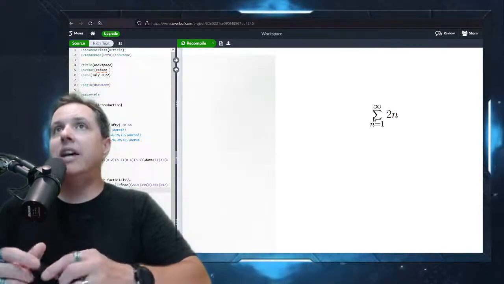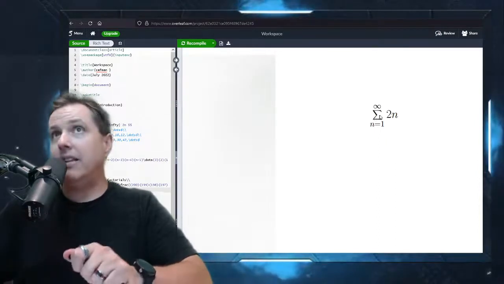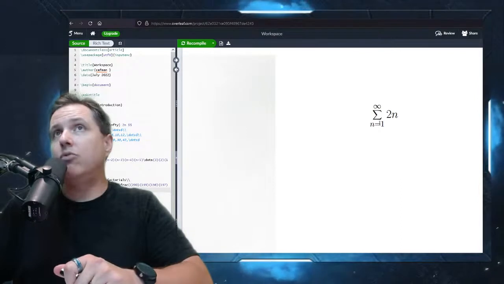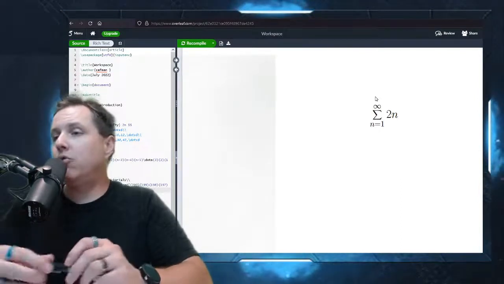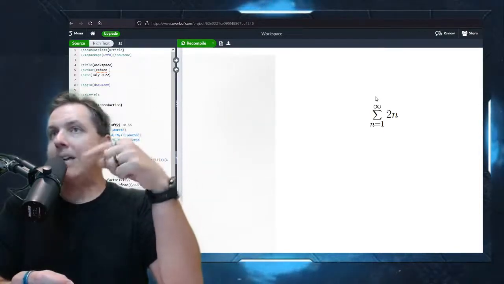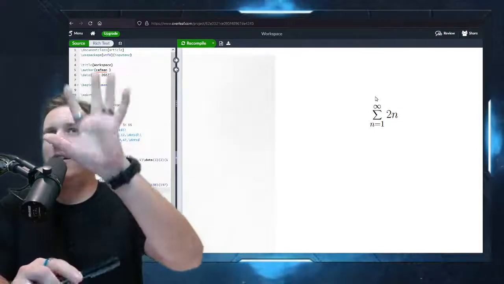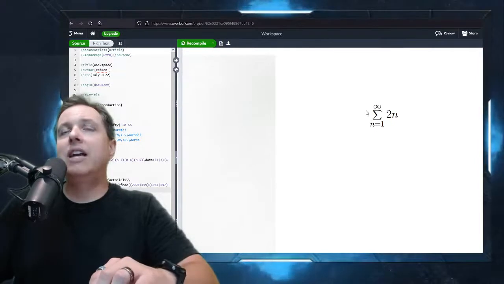And you're adding it together in an iterative manner. You can have a finite sum where you sum from n equals 1 or whatever to some other number, or you can have them go on to infinity. And those get a little bit trickier, so we'll circle back to that in a little bit. But right now, just try to focus on understanding what we're looking at. This symbol means add things together.